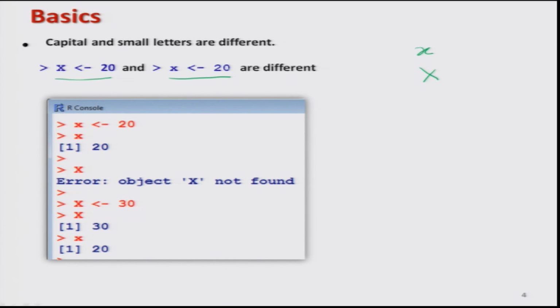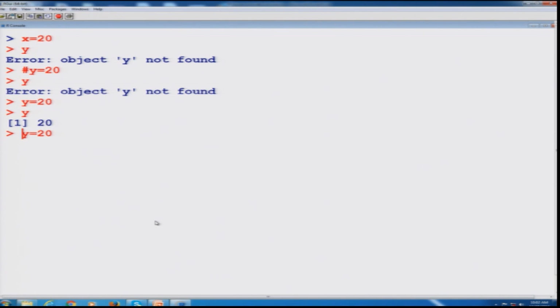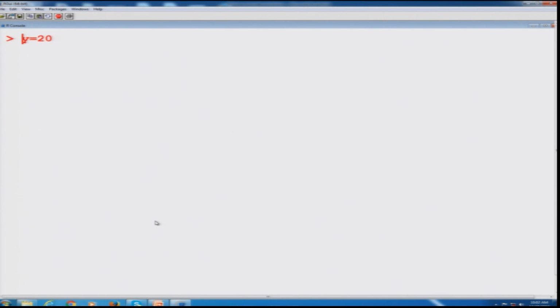Let us see how it happens. First I clear the screen, so I press Control L and this clears the entire screen, and now I take a variable z = 2, and please note that this is small z,